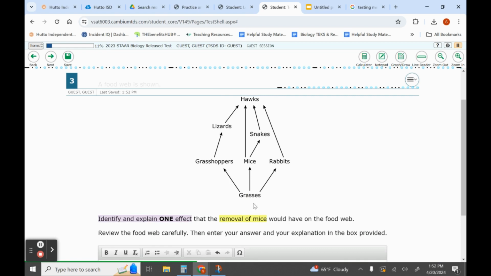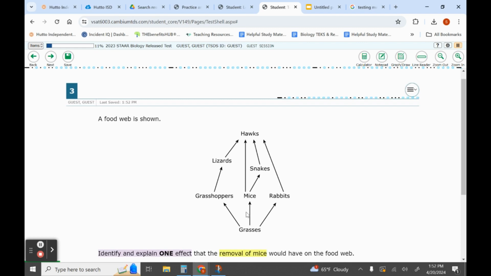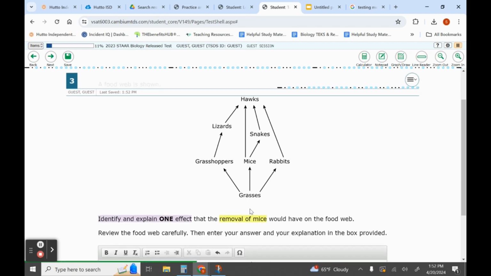So let's look at our food web, right? As we've learned this year and looking at food webs, and we've kind of built on our previous knowledge from 7th and 8th grade, these arrows represent who eats what, right? So if I'm looking at this, the mice eat the grass, rabbits eat grass, grasshoppers eat grass, and then the snakes eat mice, and the hawks also eat mice. So, what are some things that we think would happen? So, if we say mice were no longer here,